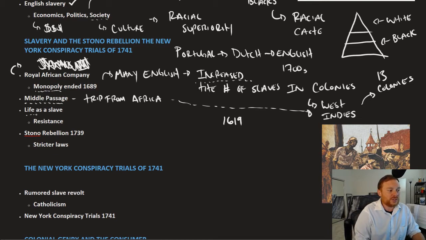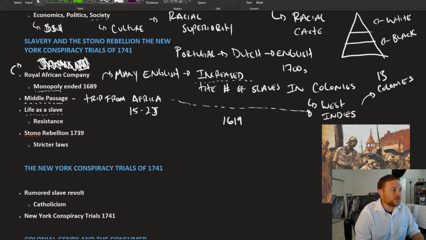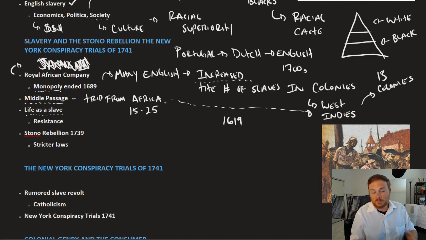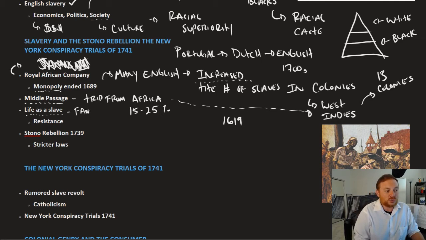Life as a slave was incredibly difficult, incredibly disruptive, and in fact, just downright deadly. The Middle Passage claimed anywhere from 15 to 25% of all people. So 15 to 25% of all the people who were bought from Africa and then brought across the Atlantic Ocean died on that trip because there was a lot of uncertainty with life. The two cornerstones were really family and culture. These were the ways that slave communities and families stayed together.